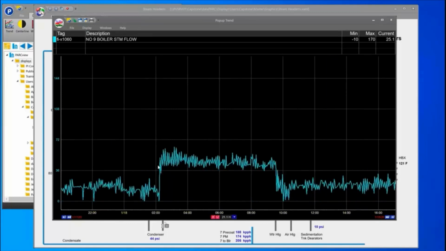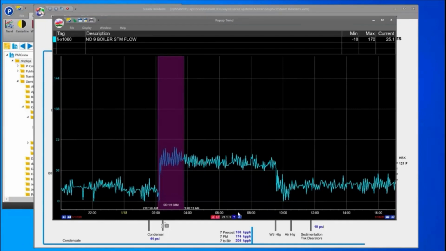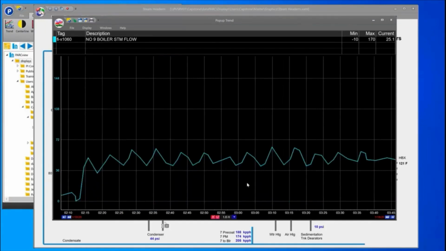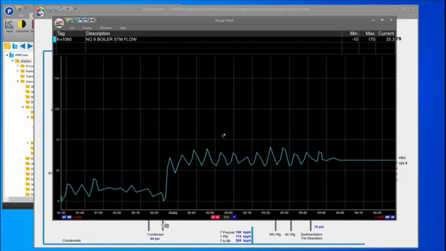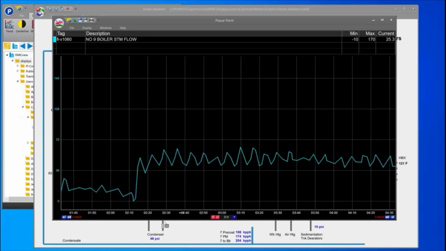We can further zoom if there's a specific region we want to look at. In this case, we can see that we have the very start, as well as these big swings every several minutes. We can guess it looks somewhere between 5 and 10 minutes. To dive in a little further, we're going to refine our span just a little bit. We're going to make it a 3-hour span. Then we'll move it over so that we have some of the beginning and then a good chunk of the oscillations.